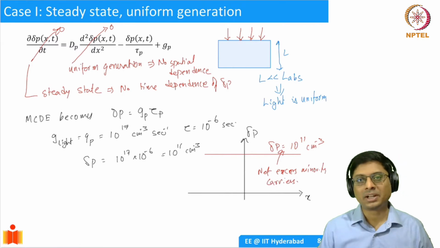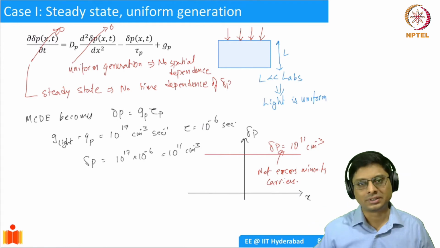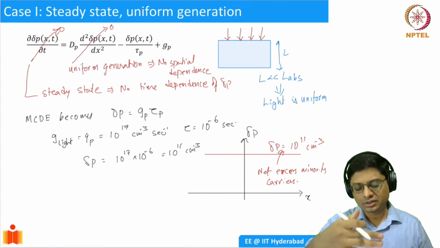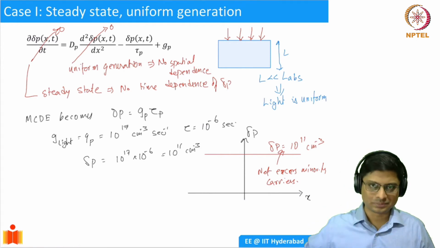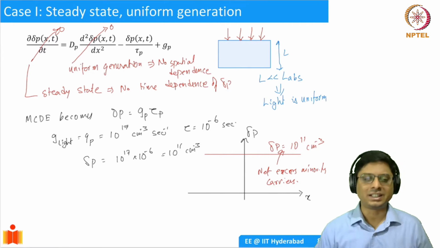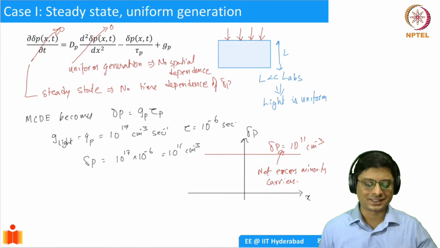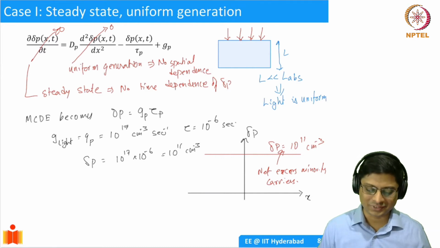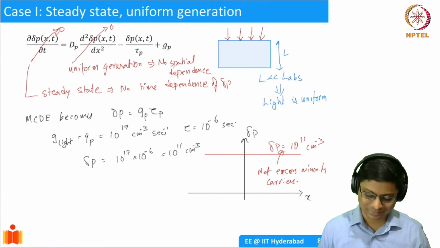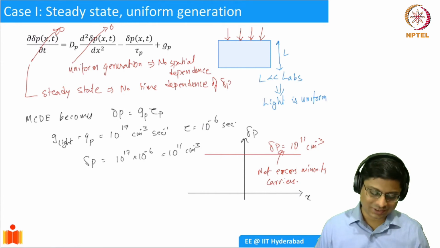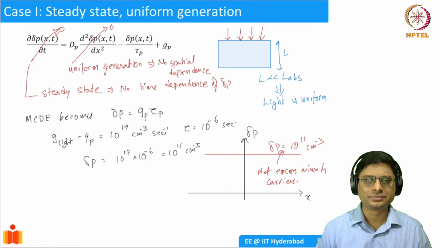Remember, this is happening because we have continuously the light on. If you switch off the light, immediately it will start decaying and then you'll go to zero. You should have the physical picture. The equation is simply telling you the physical picture. If you understand the physical description of the problem, then equations are very easy to apply, not the other way around. It's difficult to decode the physics from the equation, but the other way around is very simple. All right, so this is the first case, which is fairly simple.